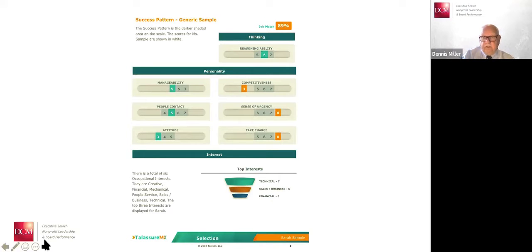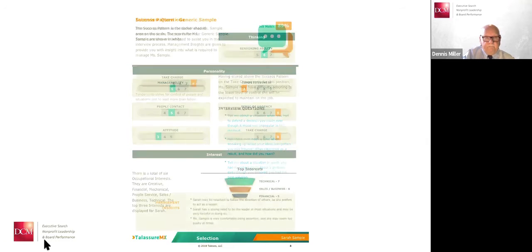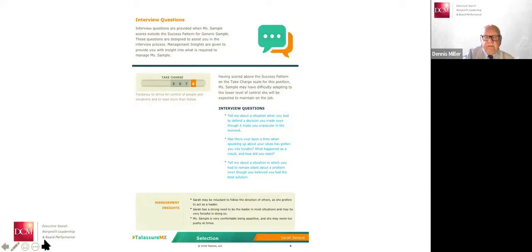High sense of urgency, which can sound great, but I'm going to tell you about the limitations of that. And take charge is high, and that sounds like it's great, but it also has limitations. So I'm going to explain each one as we get through here. Measurement shows that. Okay. So here's an example, take charge. Now, you can say, well, I need someone to come into my organization and take charge. However,